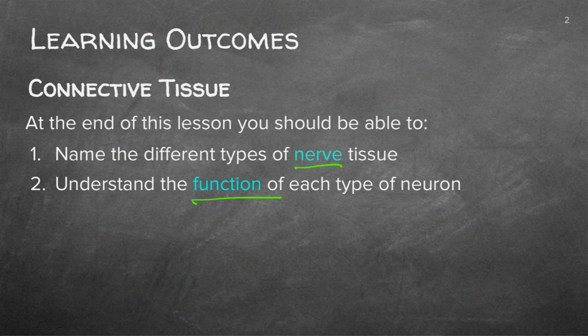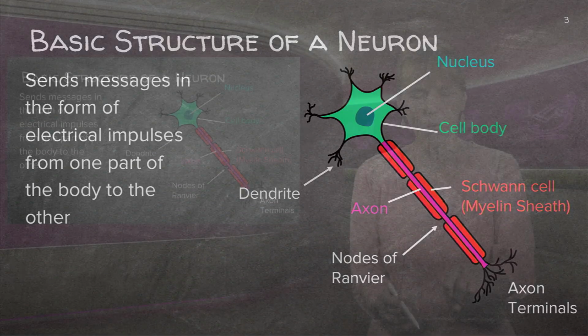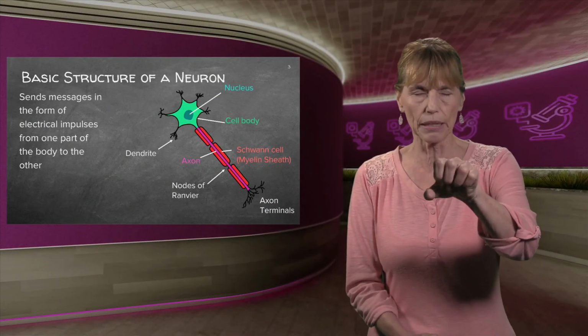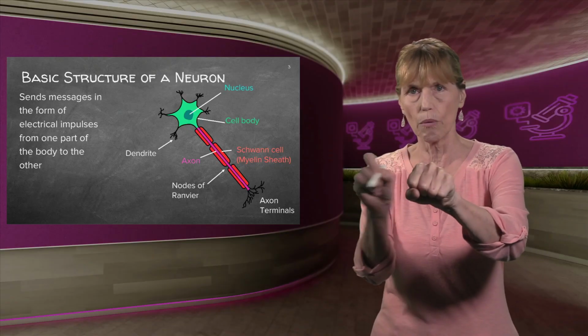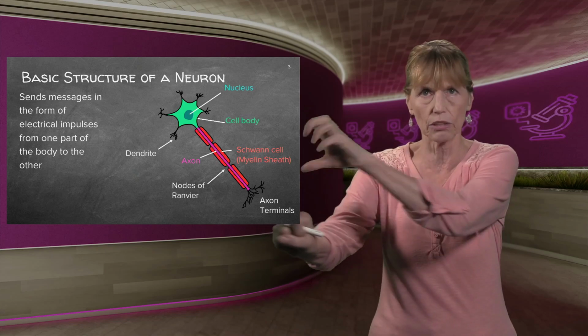Where do you find it? What does it look like? What's its function? Right, let's start. Basic structure of a neuron. Now, a neuron is a nerve cell, and we are made up of lots of nerve cells that are neurons. And neurons are your instruction units that move the electrical impulses from where they initially start to where they're going, and then they move them from one neuron to the next, to the next, to the next.